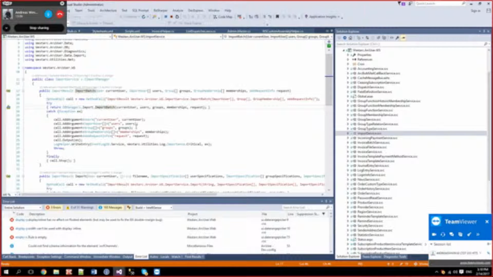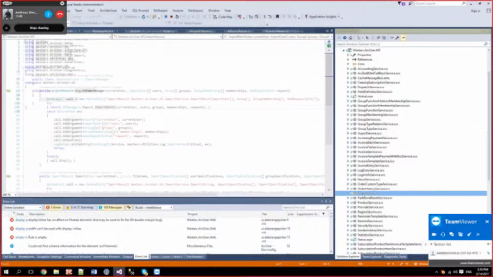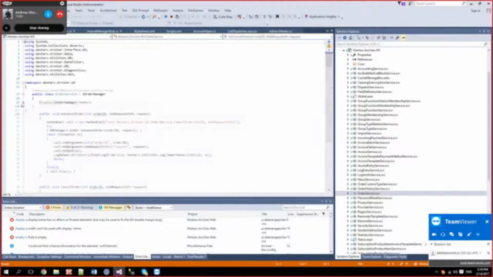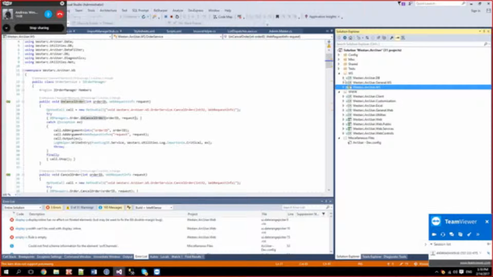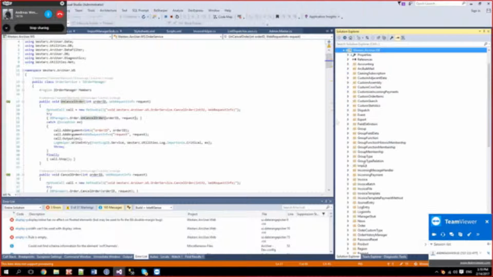Let's take another one, this one then. So this just calls the order manager, and it's the same function. It just delegates the call to the manager. Okay, logic is encapsulated in managers. Yeah, exactly. And the managers are in this project DB.